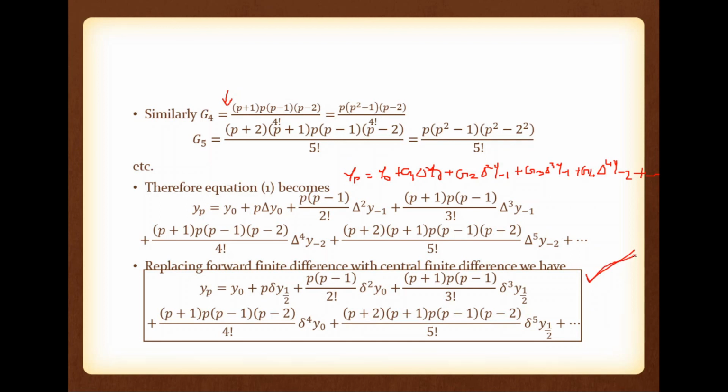Okay, so currently we are not going to do any problem. First we are going to derive the remaining two. The remaining ones are Gauss backward central difference extrapolation, then Stirling's one. All these are related. That is why we are going to explain the remaining two. Okay. So the first one is Gauss backward central difference extrapolation formula. We are not going to derive it. If you want, you can derive that. This is similar to this one with a slight difference. So directly I am going to mention that.